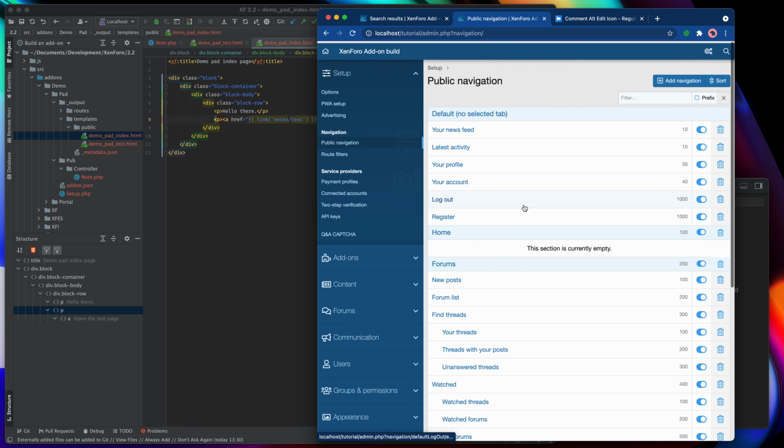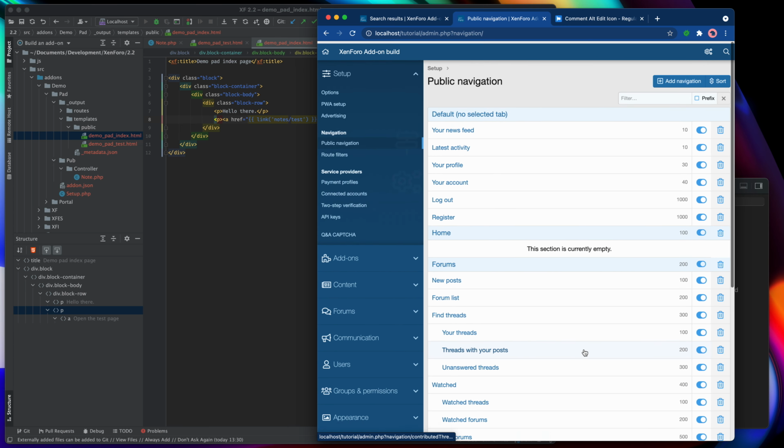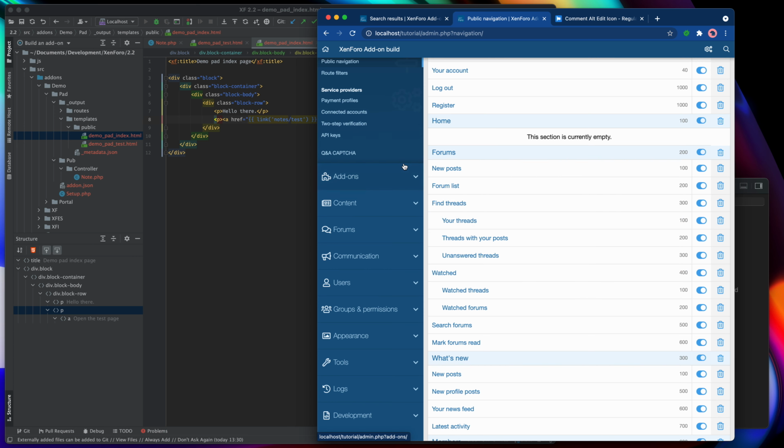And you can see that the public navigation is laid out in this tree of content here. So let's take a quick look at one of these items. We've got an item called forums, and you can see it's styled slightly differently to show that it's a top level item. And it has children of new posts and forum list and find threads, which has its own child entries of this stuff.